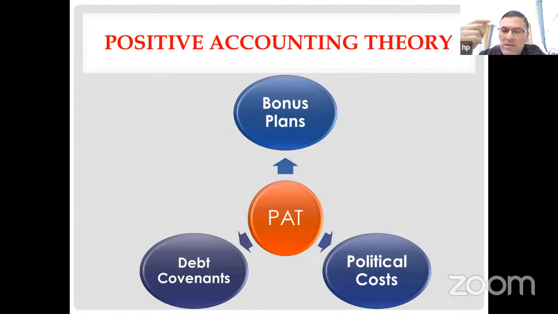In other words, positive accounting theory has demonstrated the main factors that affect managers of companies in choosing the methods of accounting policies to prepare the financial statements. For more detail about these three factors,